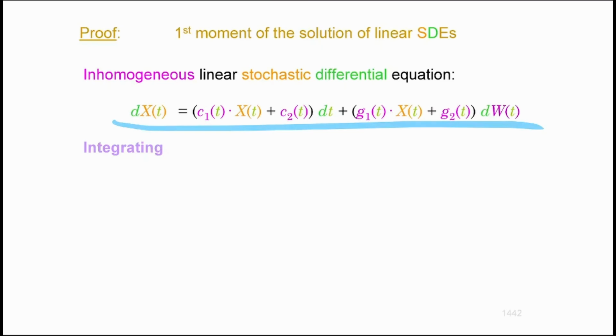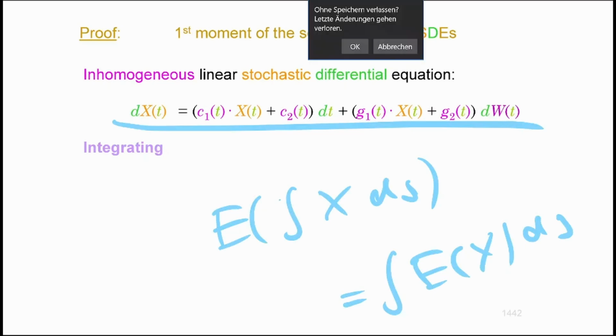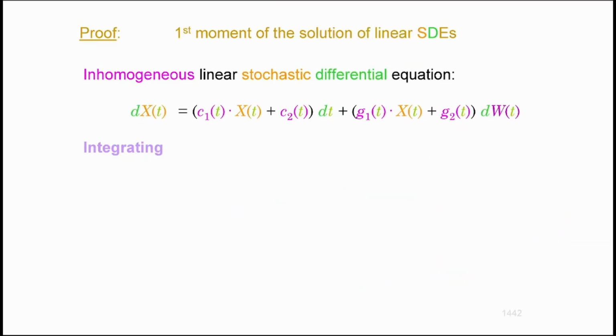Step number 2, then I'm going to apply Fubini's theorem. You might remember that Fubini's theorem allows me to bypass the expectation operator by the integrals. I'm not sure if you remember that, but the expectation of an integral of some process is simply the integral of the expectation of the process. That was Fubini. So you can bypass the integral by the expectation. Let's assume that this is going to be the case. I mean, you would need to check first, but I didn't, as that was too much.